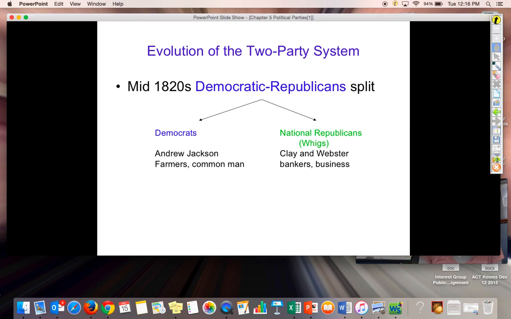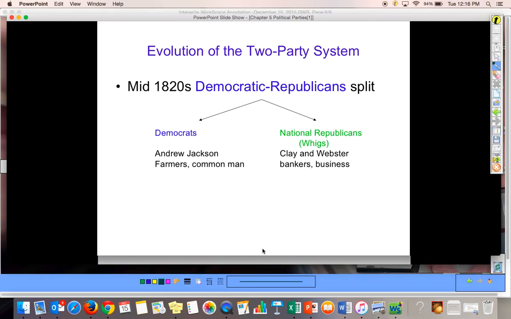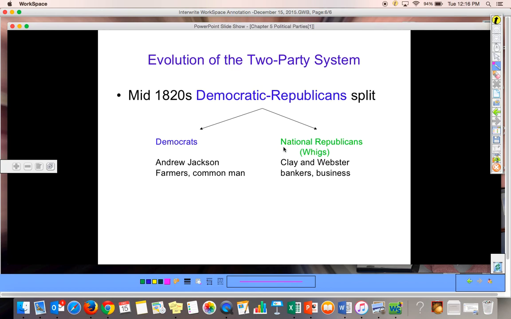The opposite side, which is the National Republicans, the National Republicans are nicknamed the Whigs. Now, I know you've seen this in history before, but the Whigs are only around for a very short amount of time. So the National Republicans are often referred to as the Whigs. Now, Henry Clay and Daniel Webster supported high tariffs and the National Bank, and the Whig coalition was really made up of Eastern bankers, merchants, industrialists, owners of very large plantations,